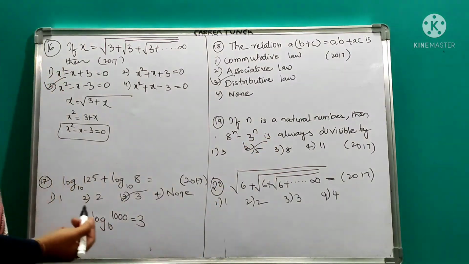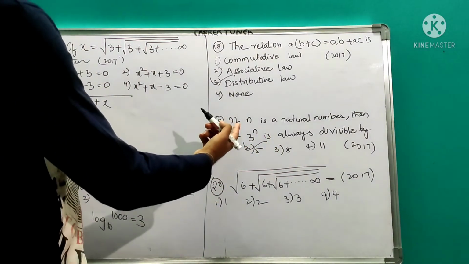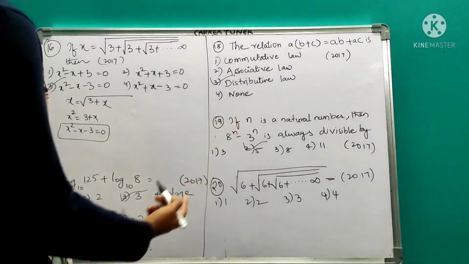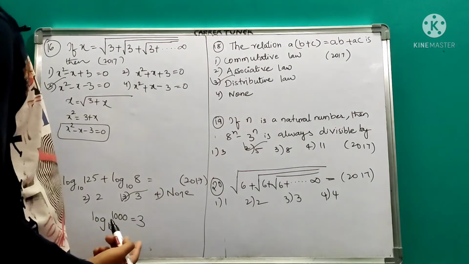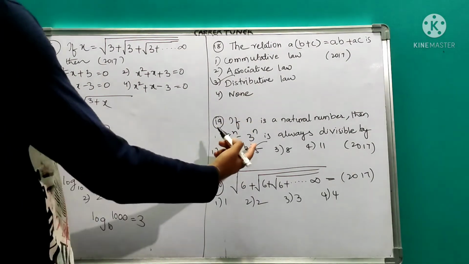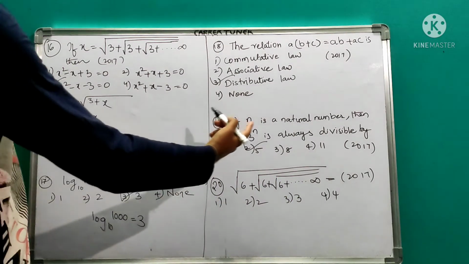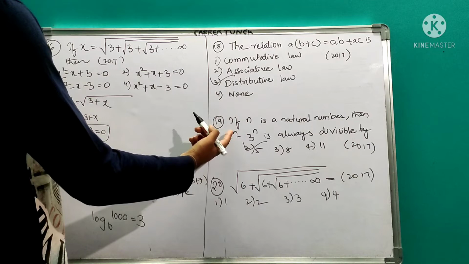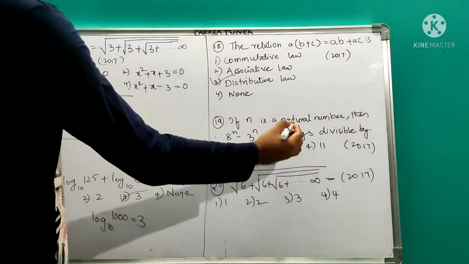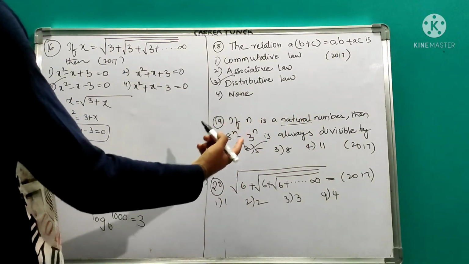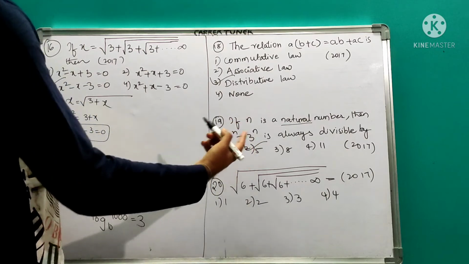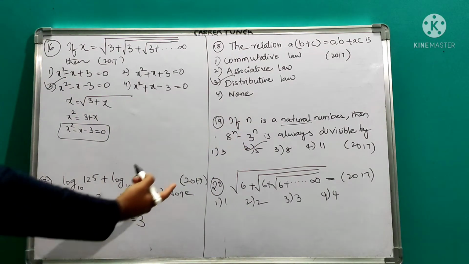Sir, is it possible for all numbers? Take 2. 8 square, how much? 64. 3 square is 9. So 64 minus 9, how much? 55. 55 is divisible by 5. Yes, of course. So what do we need to do? We just check. So put n is equal to 1, because it starts with a natural number. So whatever the number is, it will be divisible by that. That's it. Next, 20th one.